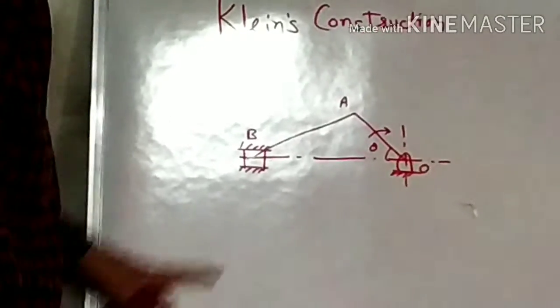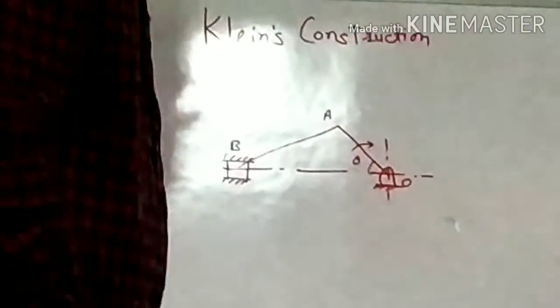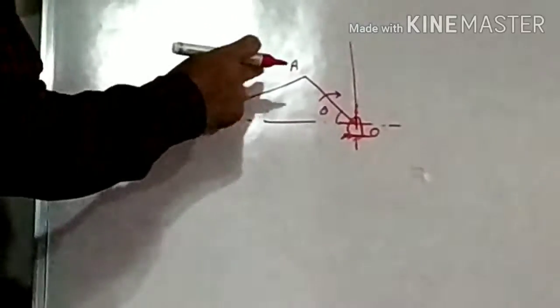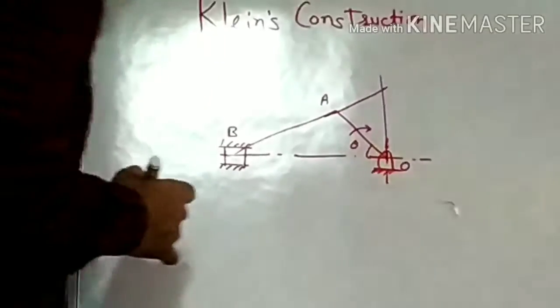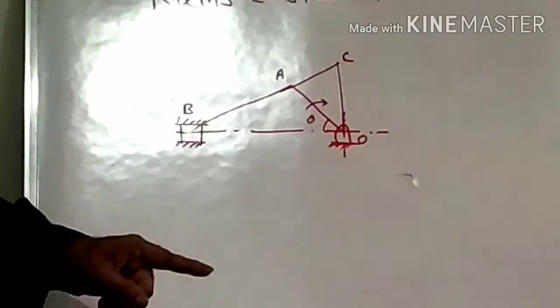Now what is the procedure to draw the velocity diagram by using plane's construction? First we have to draw a line from point O. It should be perpendicular to the line of stroke, so draw the vertical line. Then we have to extend the line which represents the connecting rod, that is line AB. The point of intersection of these two lines is the point C. So triangle OAC is known as the velocity diagram by using plane's construction.